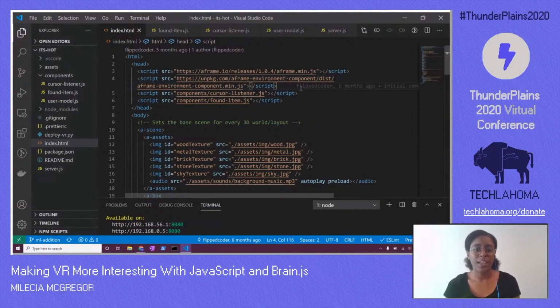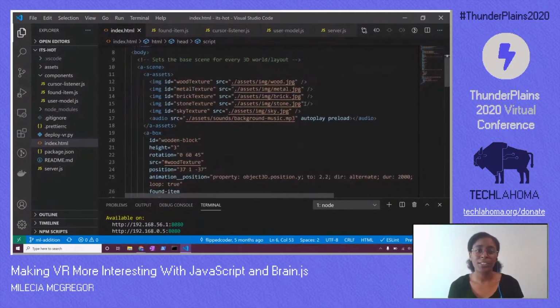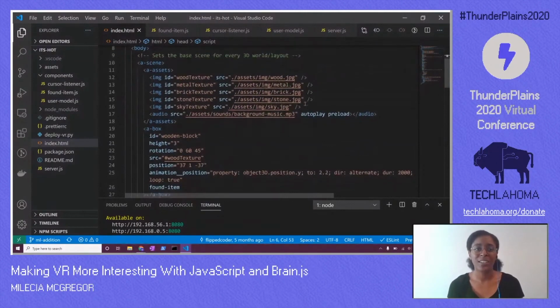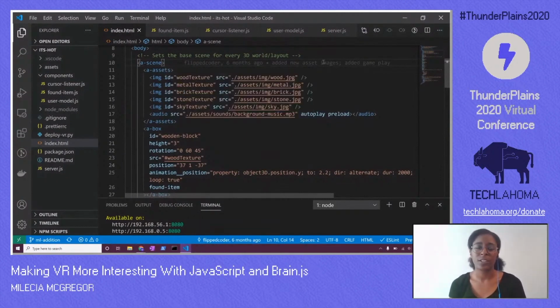library package thing, and it comes with a bunch of pre-made environments that you can use to give your world a base layout. And then you see here we have two custom scripts that we'll go over in a little bit, but this is the basics of what you need to import to get started. So where it gets interesting is here in the body. A-frame takes advantage of these A tags, so it's really similar to, not JavaScript, to HTML, but it's been